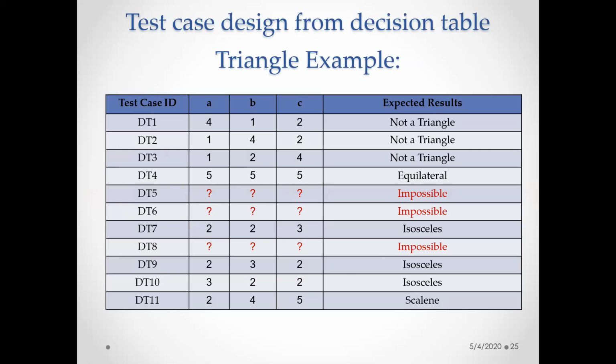But if you take the impossible test cases, how can you say A equal to B, B equal to C, but A not equal to C? Do you have any input that you can pick from the input domain stating that? No, right? So that's why question mark is available over here, wherever the impossible case is there. This is what the expected result is.